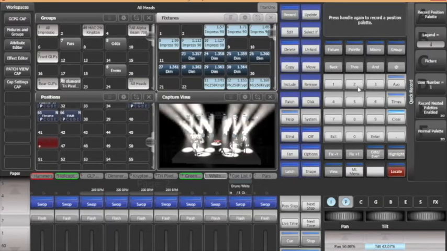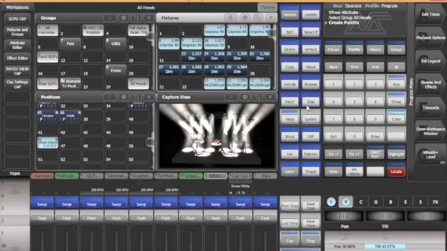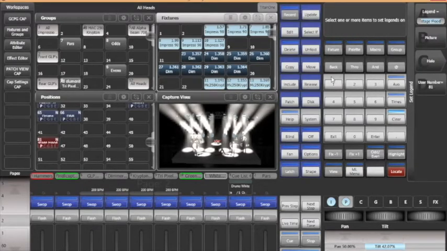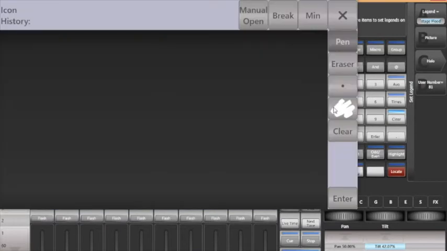So once you've got the position of your heads, very similar to how we did the colour palettes, we just select in the position palette box, we can name them and we can label them up. You can also change it again later on if you made a mistake. You can even try drawing a picture, so there's a messy picture about to be drawn here. And this is why